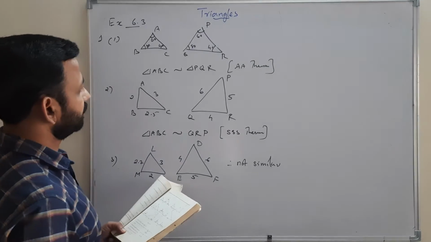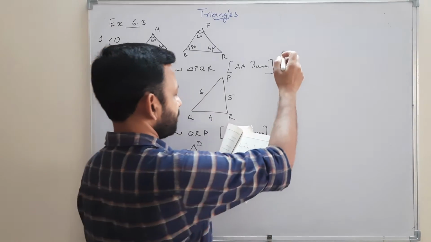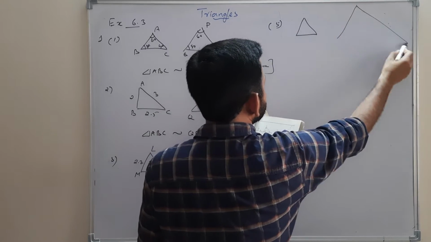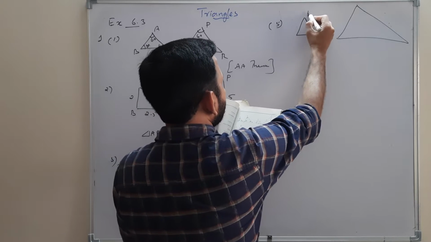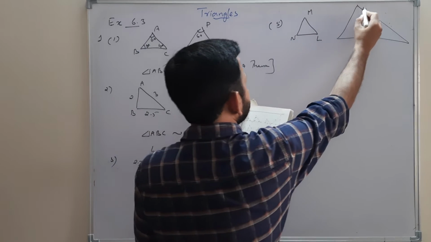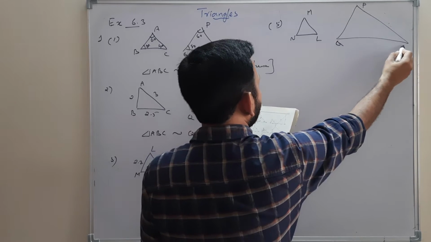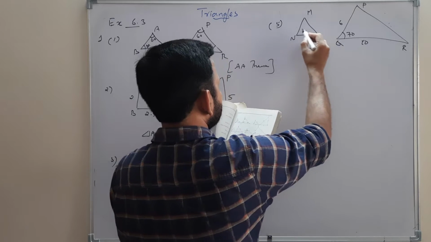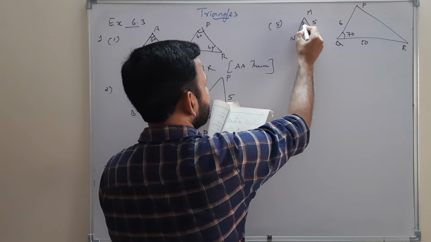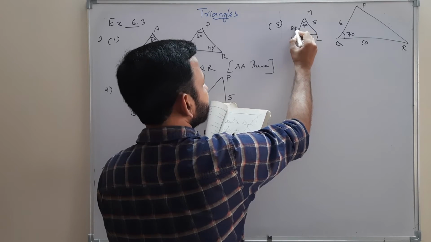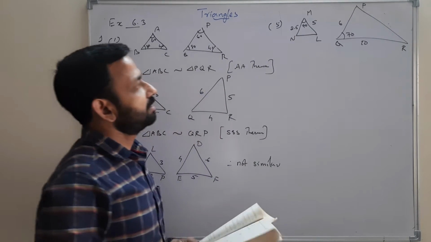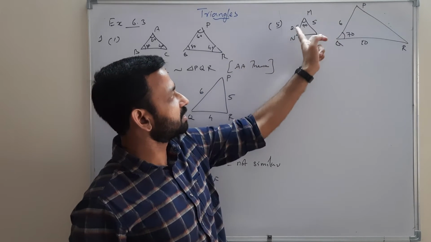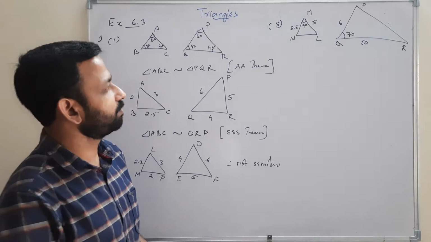Now we will do question number fifth part. Here we have two triangles. First one is MNL, and here PQR. And here 70 degree, 6 and 10. And here 5, angle again 70, same, 2.5. In some books, I think in some NCERT books it's 3 here. But in my book it is 2.5.